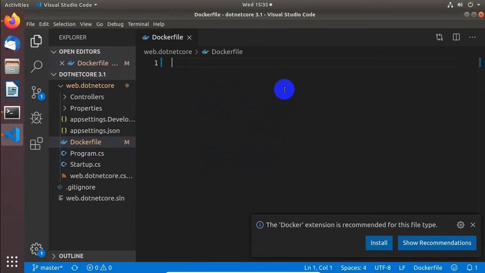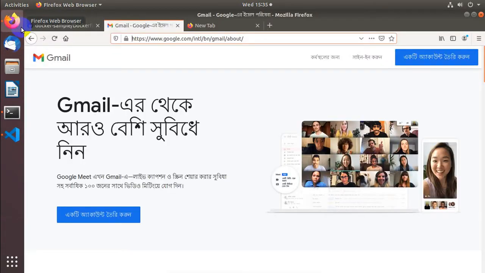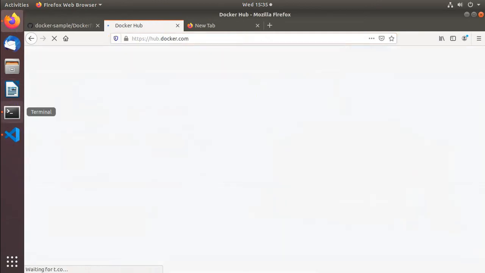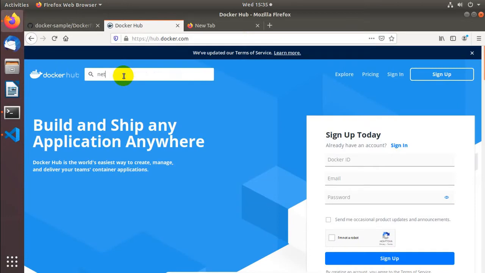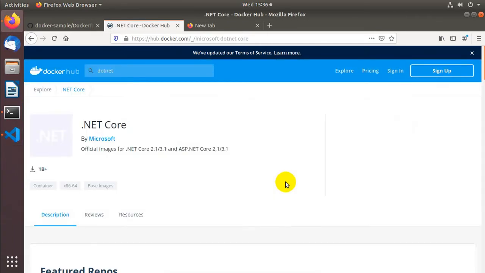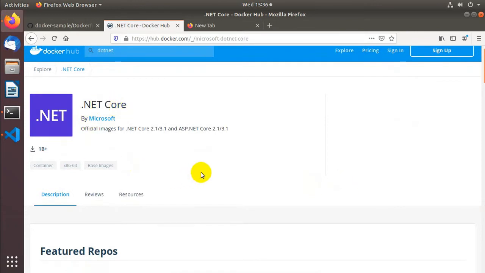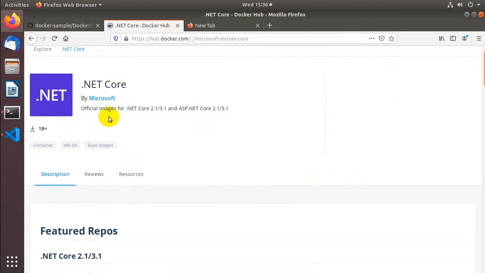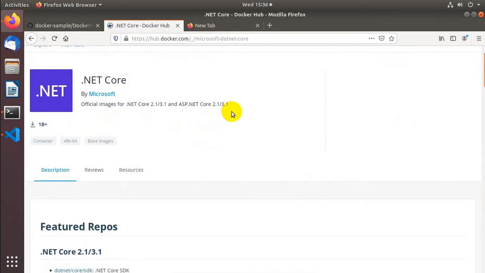Let's search for the base images for .NET Core in Docker Hub. This is .NET Core. These are the official images for .NET Core 2.1 or 3.1 and ASP.NET Core 2.1 or 3.1.